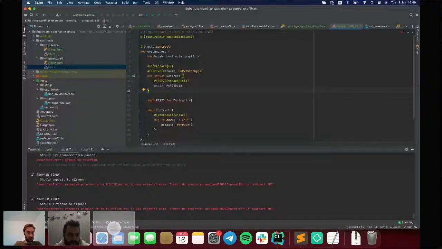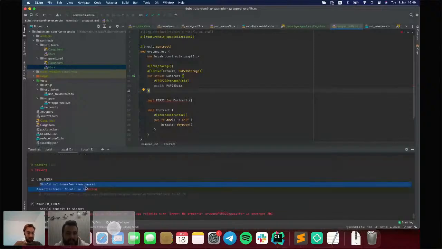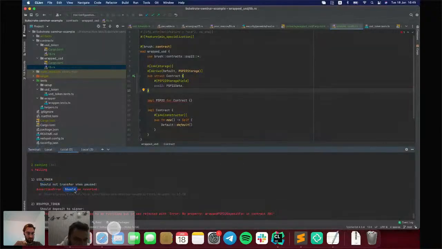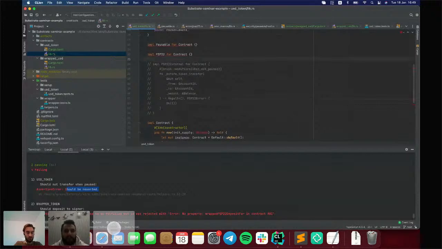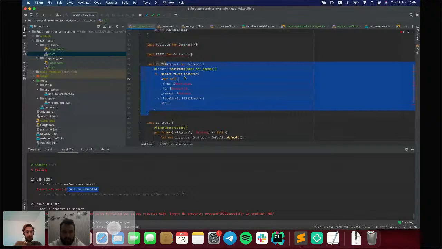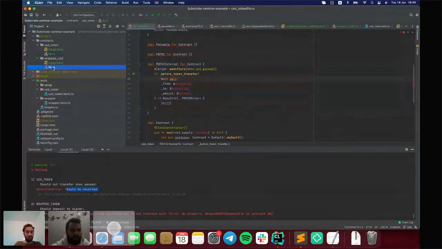Now you can see that should not transfer when paused threw an error, and here the error is that we expected the transfer to be reverted, but it was not reverted because we commented out the code here, and it failed. So it works.